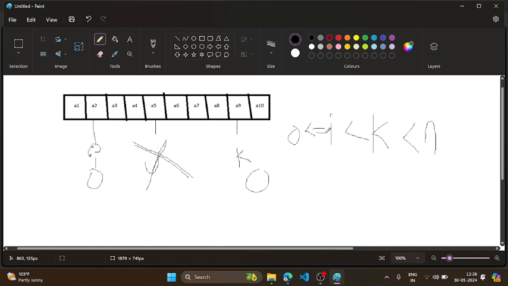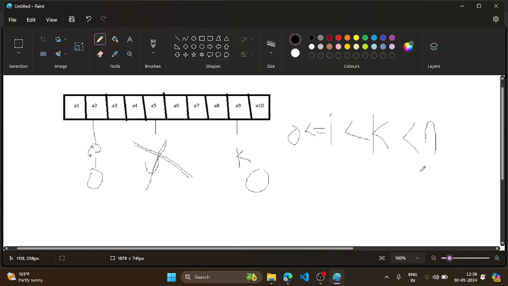So we can start our i from the very first index, which is 0, and we can end our k up to n minus 1, and k should always be greater than i. Okay, so basically we are concerned about 2 indexes now, only i and k. Now I will run 2 loops. I will select a particular i, and I will run a loop for k, and I will simultaneously calculate the XOR of i to k.